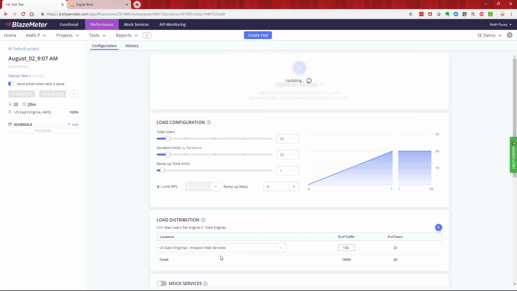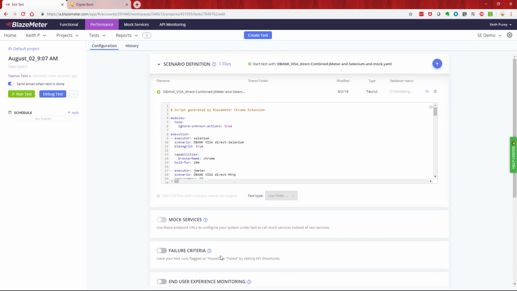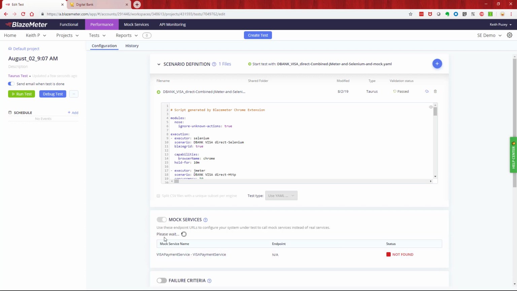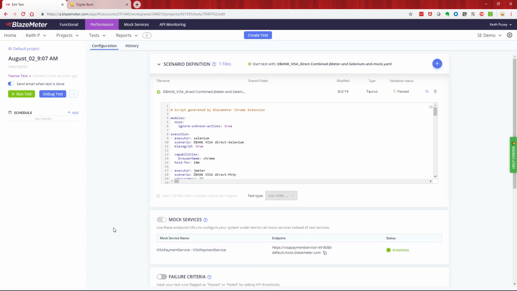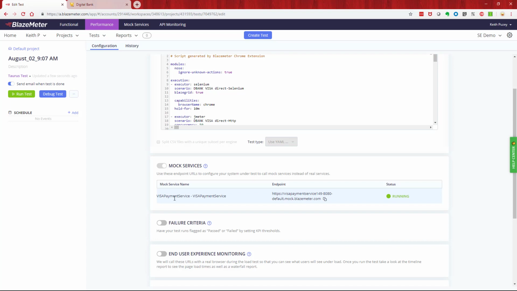Now the script type is Taurus. This is CA's open source standard that we use for testing, and that allows us to combine these JMeter scripts with Selenium. Now, like before, I've also updated the script, because we rely on this dependency to be there for the script to run. So as the script is loaded, we've defined that this is our JMeter script. If I scroll down, I've also loaded the mock service as a dependency to ensure that those APIs are available